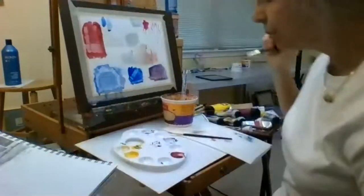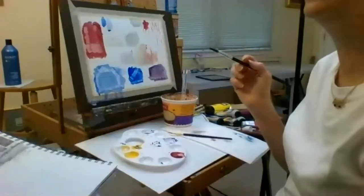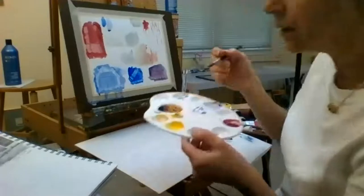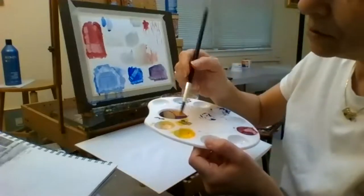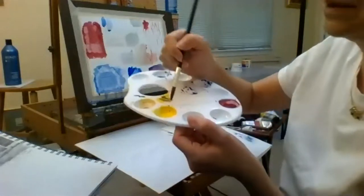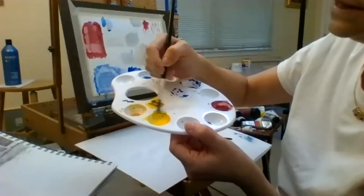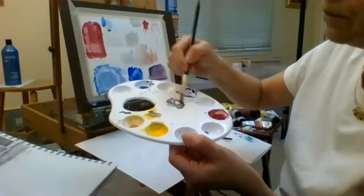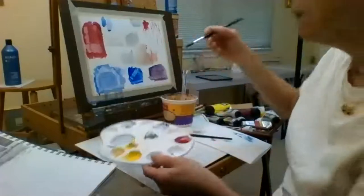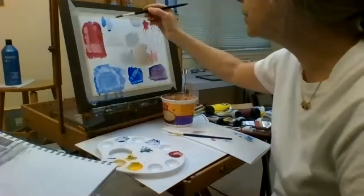So now in this blue, you really have to put just a teeny little bit of the other colors. That's the secret. Okay. So here I have my yellow, and I have some dried up yellow on the side here. Do you see this? Yep. So I'm going to put my brush in this yellow and mix it with my blue. And now putting a little bit more water on my brush, I'm going to put that on my